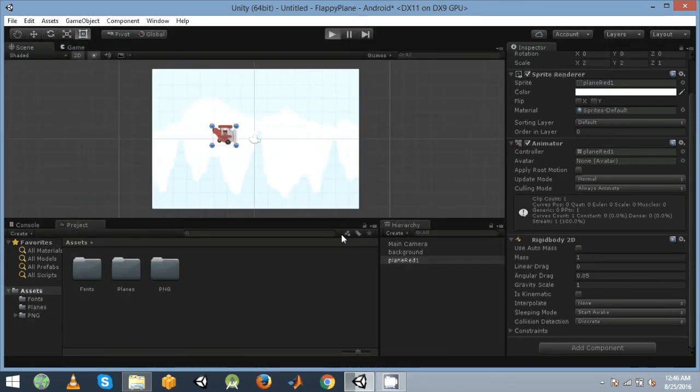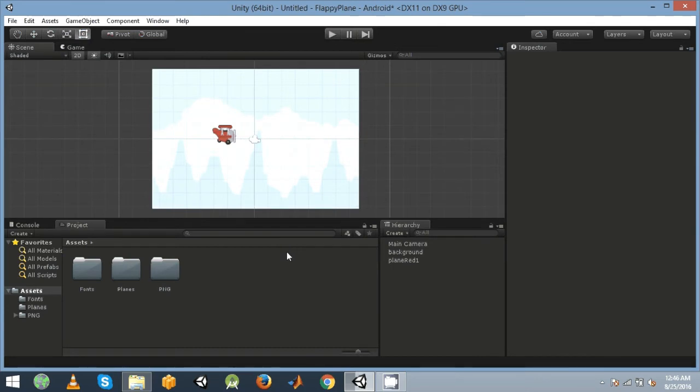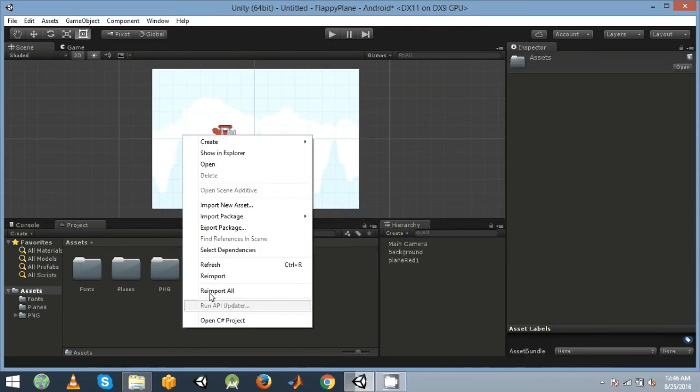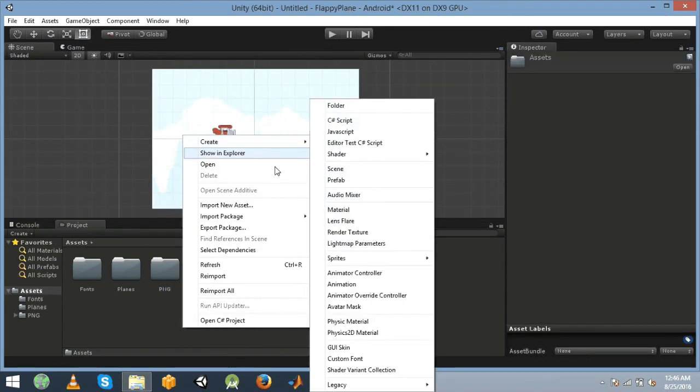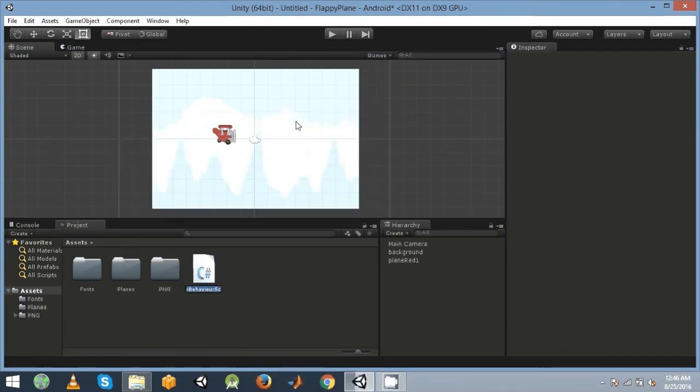Now our next step is to create a script, so that whenever we tap on the screen, the plane tries to jump or gets velocity, whatever we want to add. Right click on the asset folder, go to Create, then C# Script, and name that script, for example, PlaneController.